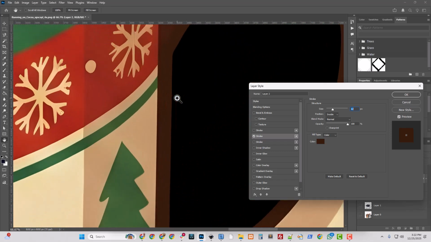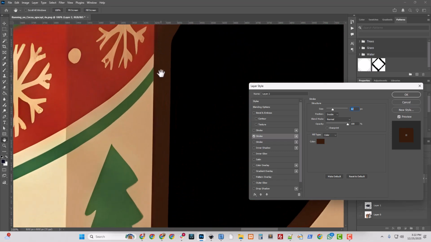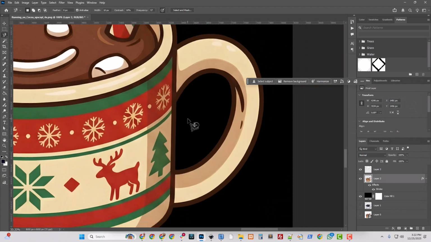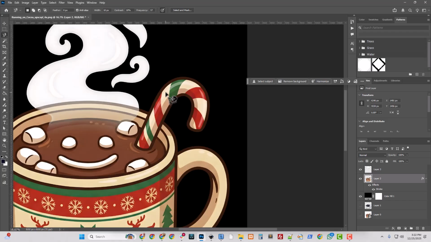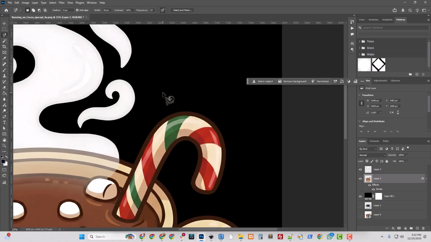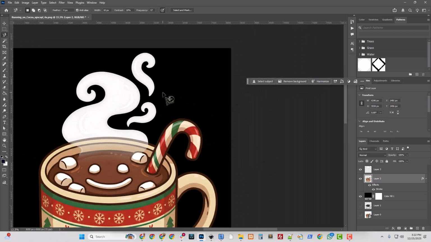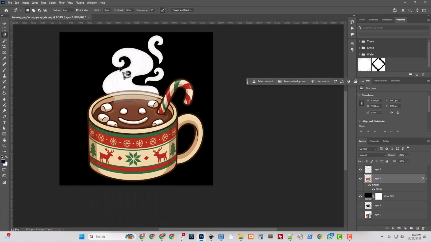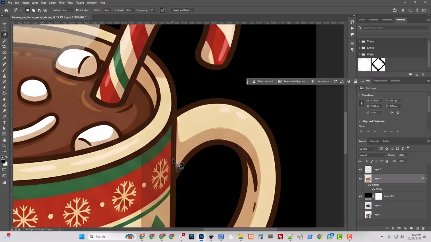AI tends to put a lot of different odd colors and things in. So I'm just going to hit OK on that because I think that is my solution. And I'm not going to worry too much about my steam parts because I think they're going to be pretty white anyway, and it was cut off a white background, so you're not going to really see much of a problem there. But let's just demonstrate what that stroke did